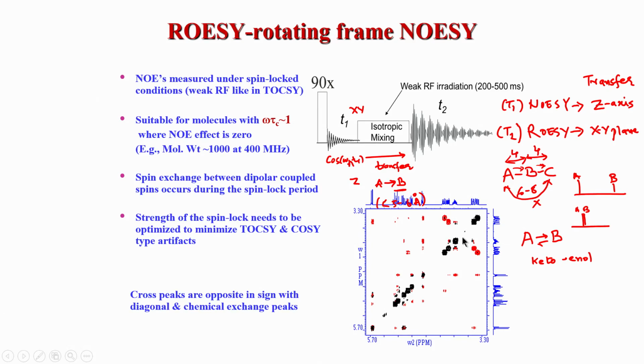In the next class we will look at heteronuclear NMR now. We have completed the homonuclear NMR experiments. We looked at 2D COSY, 2D TOCSY, 2D NOESY, and 2D ROESY. These are the main four experiments typically used for homonuclear molecules. But when it comes to biomolecules, where we have carbon-13 and nitrogen-15, we definitely need to use heteronuclear NMR experiments, which are much more powerful and give more information. From there we can build 3D NMR, which we will also see in this course. So, we will start looking at 2D heteronuclear NMR experiments from the next class.